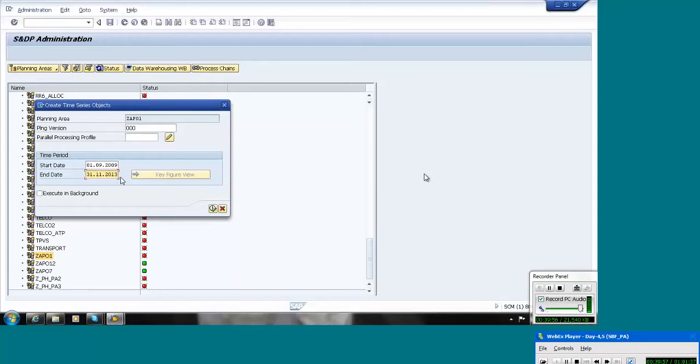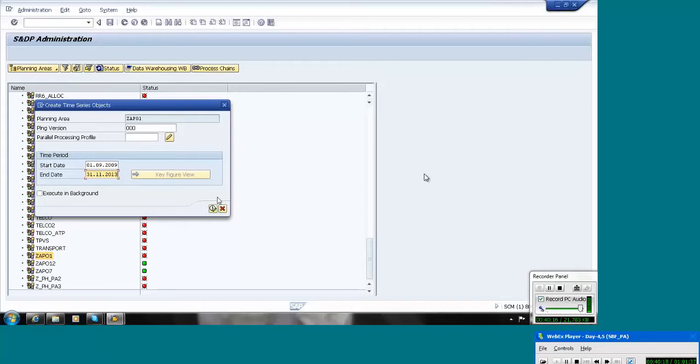And these dates should be within the storage bucket dates. Whatever range you give here, the data for the total range will occupy the database server. So we should not give more dates than needed here.